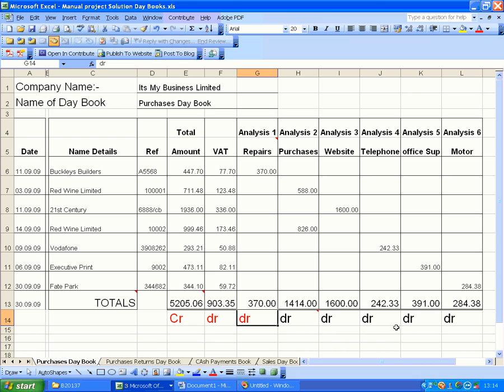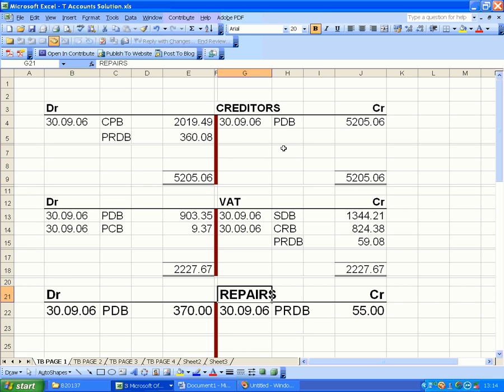Follow the sequence for all the analysis columns, again going by which is debit postings, then go through each of the respective daybooks and post each of these to their T accounts. When that has been done, you will see, for example, in the creditors, we have postings already done from the purchases daybook, purchases from the check payments book, and from the purchases returns daybook. Once everything has been posted for that particular period and all daybooks have been cross-checked and entered as being posted,